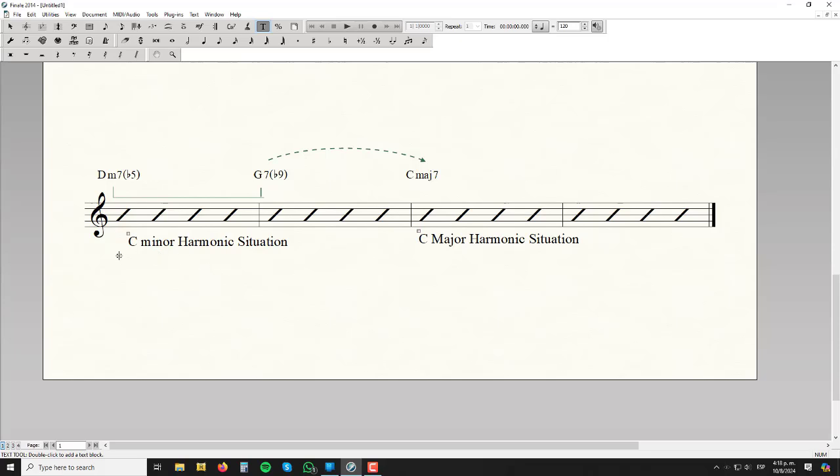Okay, so why don't we think in a simple way and just follow what is happening. If I have a C minor harmonic situation, why don't you play a C minor scale and here use a C major scale